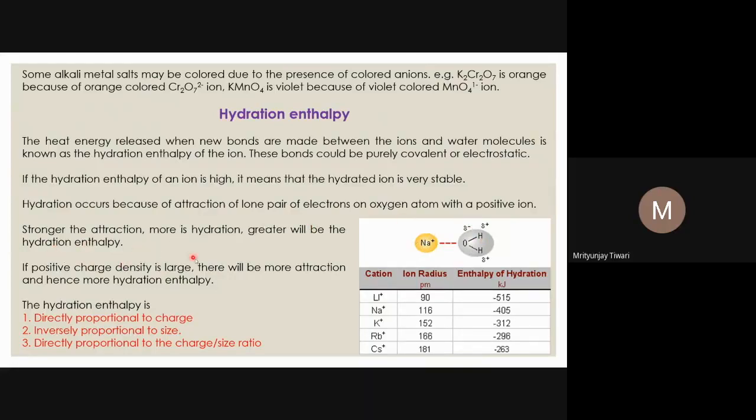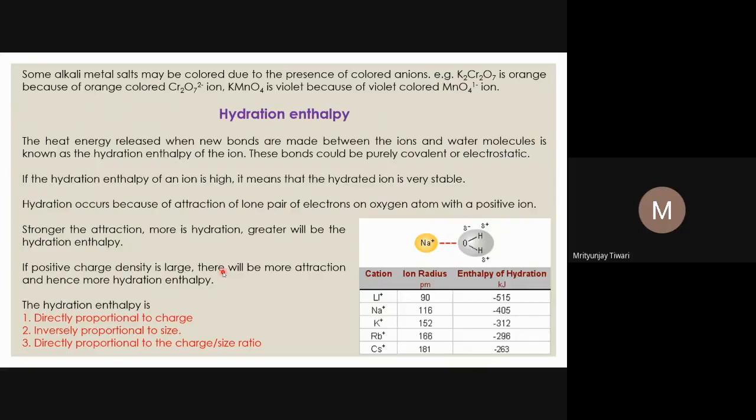So the stronger the attraction, the more the hydration, and the greater the hydration enthalpy. This is what we have already seen. If the positive charge density is large, as we see, I have compared here sodium and aluminium of the same period. You can compare the sodium cation, magnesium cation, aluminium cation. So charge density is increasing from sodium, then magnesium to aluminium. You can see a similar trend in the same group of alkali